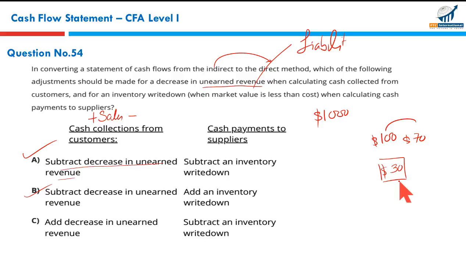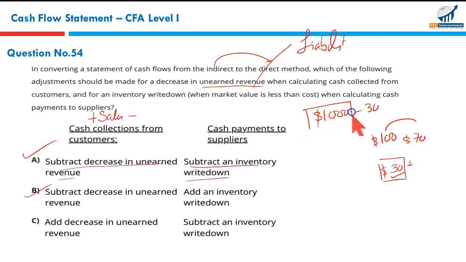Apparently, we have so far been considering a reduction in inventory as an inflow, but this reduction, gentlemen, is not an inflow. A reduction in an inventory figure from 100 to 70 has been caused by an inventory write-off. Normally, reduction in inventory is an inflow, but this reduction is because of inventory write-off. So we won't be considering it as an inflow. It has to be reduced from the total amounts paid to suppliers effectively. So subtract cash paid to supplier. It should be shown as a subtraction from the cash payment to suppliers.